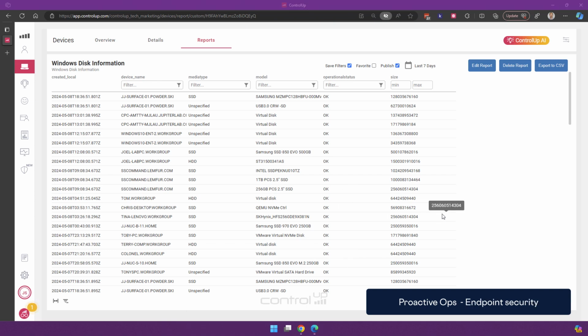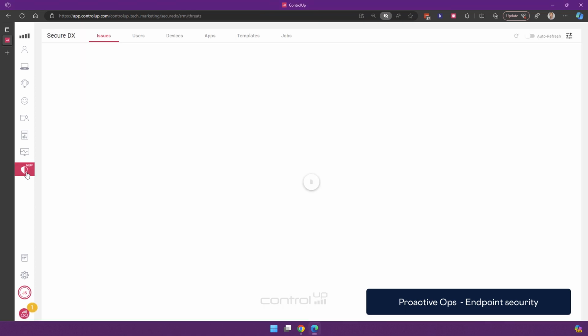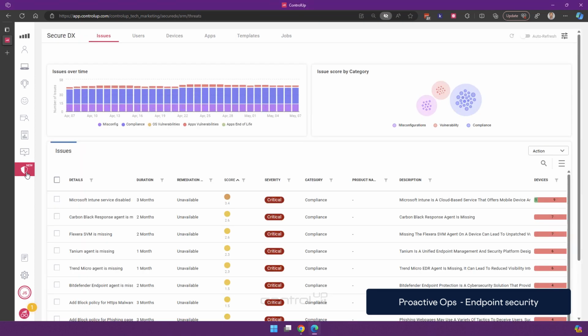In addition to that, I want to highlight our endpoint security solution, SecurityX, which especially helps with being proactive when it comes to things like vulnerability management, patch management, making sure that versions of applications are up to date, as well as ensuring that you are not suffering from any configuration drift when it comes to security, as well as ensuring that the tools that need to be running on the endpoint device, security tools such as antivirus, anti-malware, DLP tools, etc., VPN, are installed and running. And we do this through SecurityX.